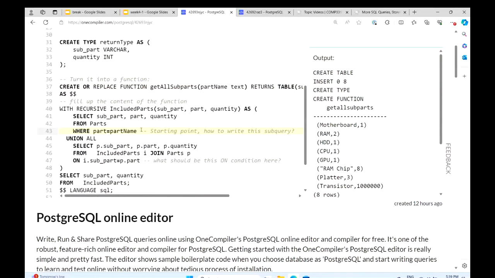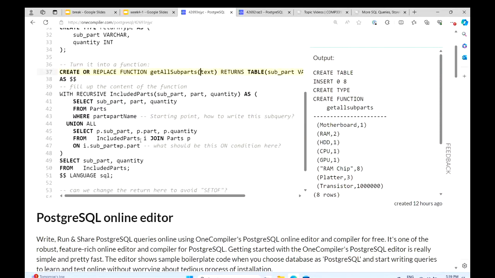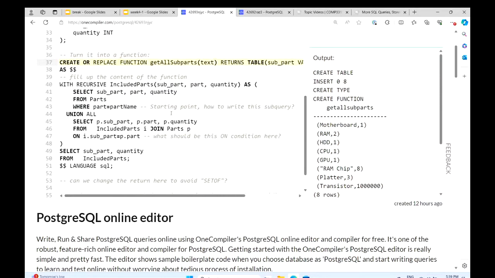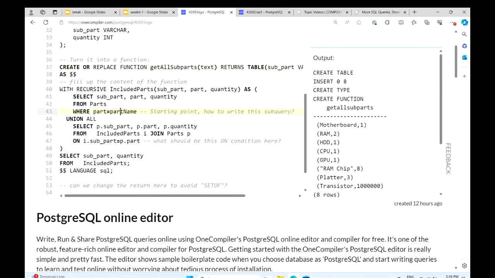Another small change we can do here is assume we don't have this parameter name specified in the function prototype. How can we refer to this parameter here? It is also in our previous slide.